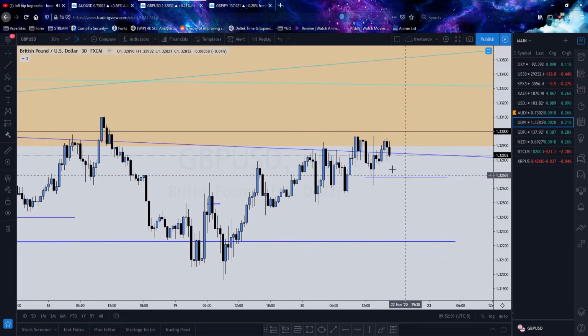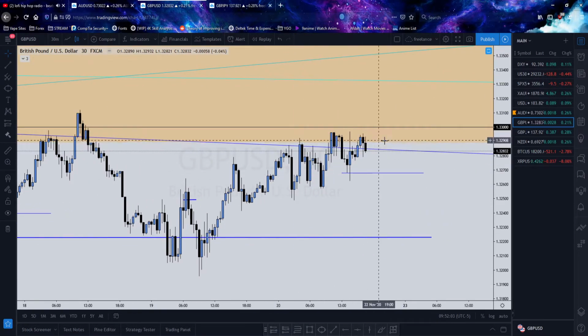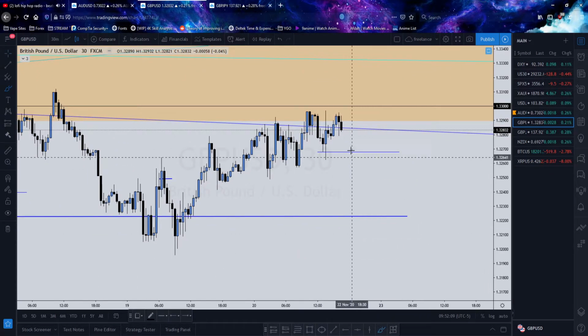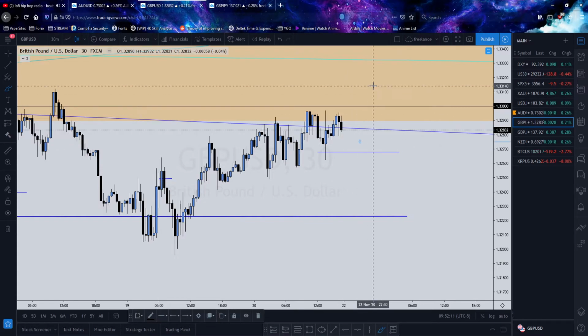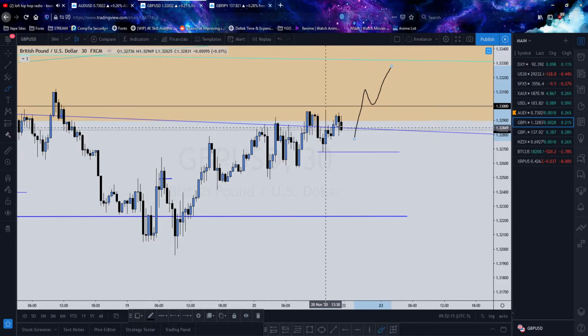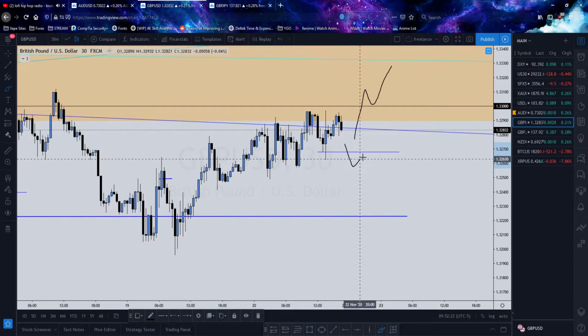So it's more like a wait and see, because you still have to wait on the break of this resistance that it's been maintaining throughout this entire area. So you can even wait for that break up here, and then catch that retest. Or we're looking for that break of this level of support here, and then going into the retest for that